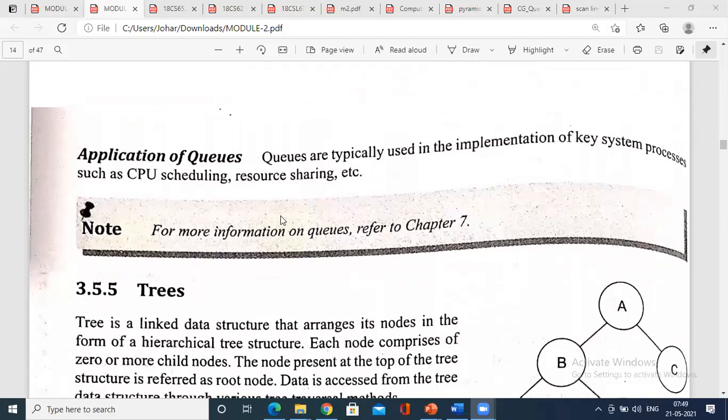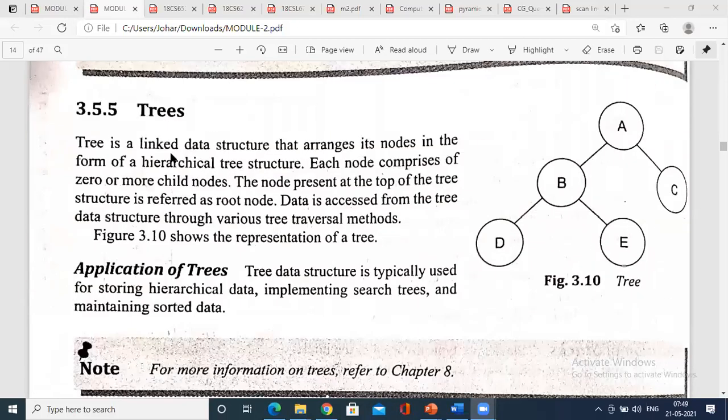So till here it is for the non-primitive linear data structures. Now coming to the non-primitive, that is non-linear data structures, that is trees. Trees are represented like this. It has the branches of a tree, nodes A, B, C, D, E. There is no concept of whether from A I should go to the left branch B or a right branch, or again from B. In such cases it is called non-linear.